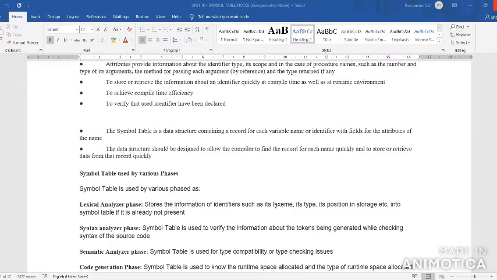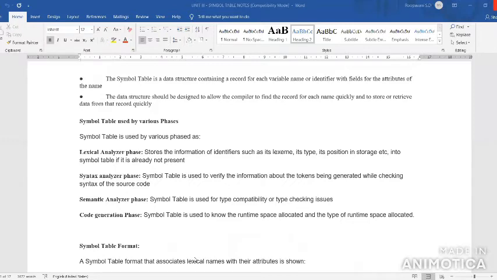That is the symbol table's second phase. In the semantic phase, it is used to check type compatibility and type checking issues. Any data type mismatch that occurs in type checking or type compatibility is caught in the semantic analyzer phase. Then in the code generation phase, the symbol table is used to know the runtime specification environment.